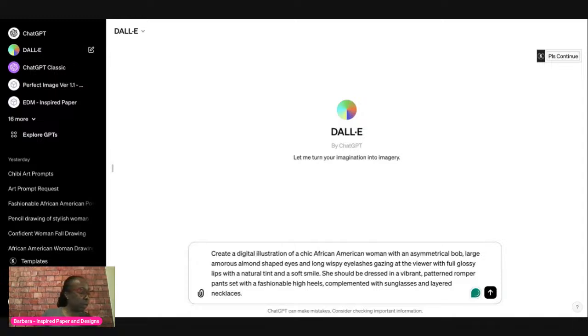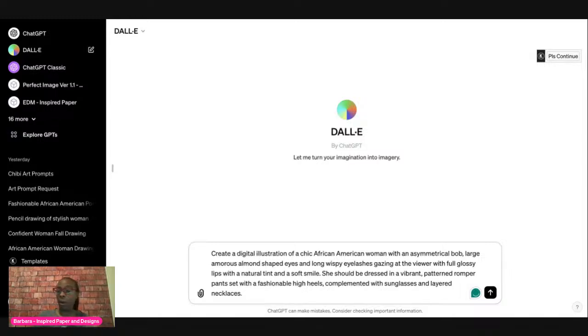So then the next part is, now we're going to focus on the pose. So what should her pose be like? Any suggestions on a pose? Some that ChatGPT gave me: leaning back against a graffiti wall, sitting cross-legged on a picnic blanket, lounging on the rooftop with the city skyline in the background, perched on the edge of a fountain with water in the background, or reclining in a cozy cafe corner with a book in hand.